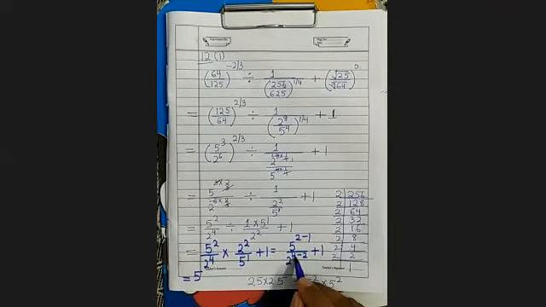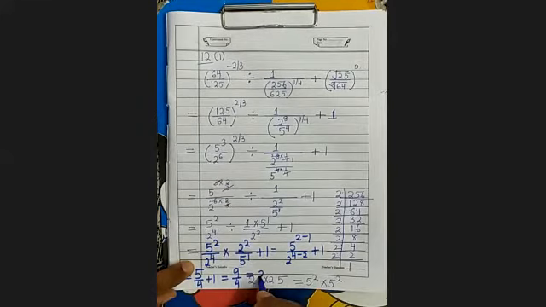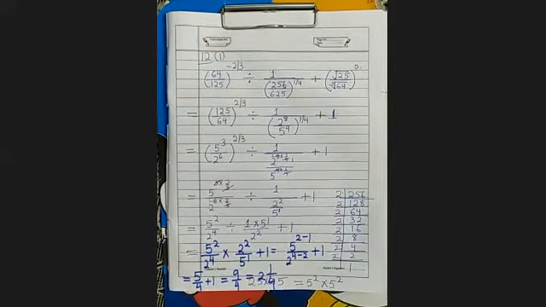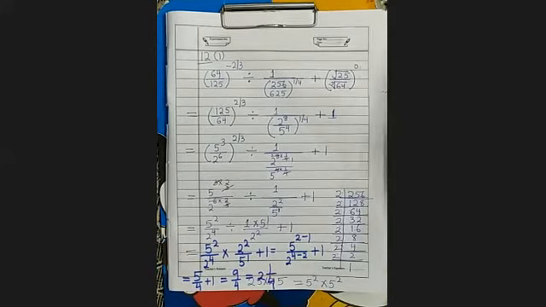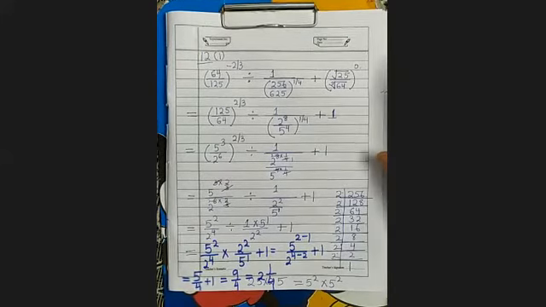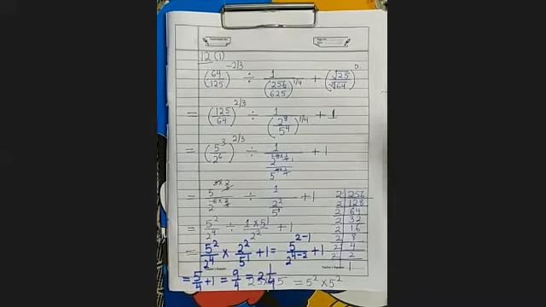This is 2 to the power 4 minus 2 means 2 square, and 2 square is how much? 4 plus 1. So it will be 9 upon 4. That you can write 2 whole 1 upon 4. 2 whole 1 upon 4. So this way you can solve. Now see here, if you have any problem in this, you can raise your hand. By raising your hand, you can tell me that this is the problem.